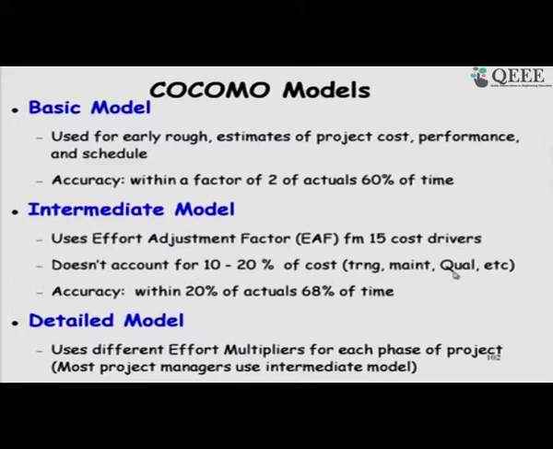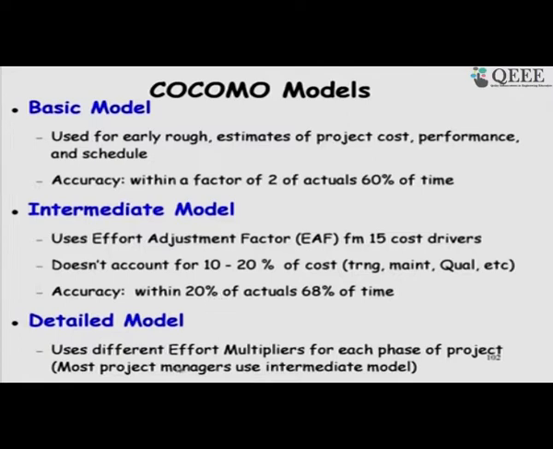But still the accuracy is within 20% of the actual 68% of the time. So, it is a vast improvement over the basic model and therefore, most project managers use the intermediate model. The basic model is a very raw estimate, whereas here we are within 20% of the actual 68% of the time; the other 32% of the time we might be off by larger